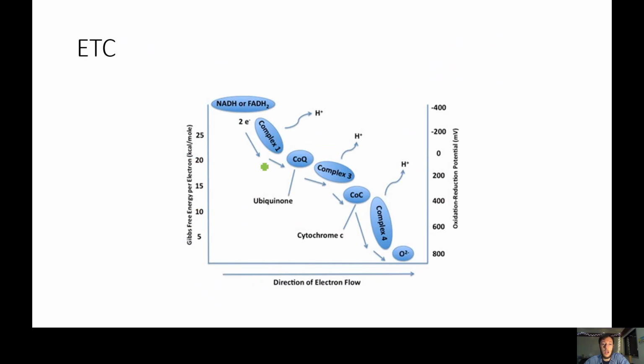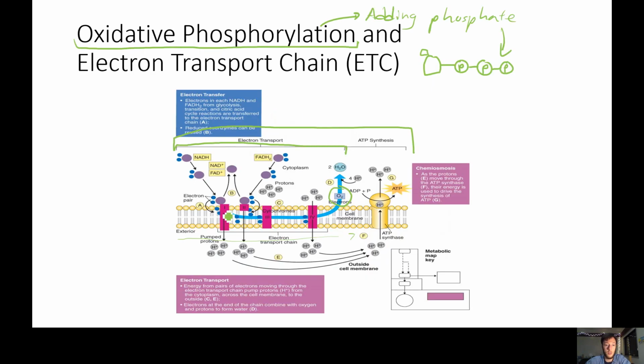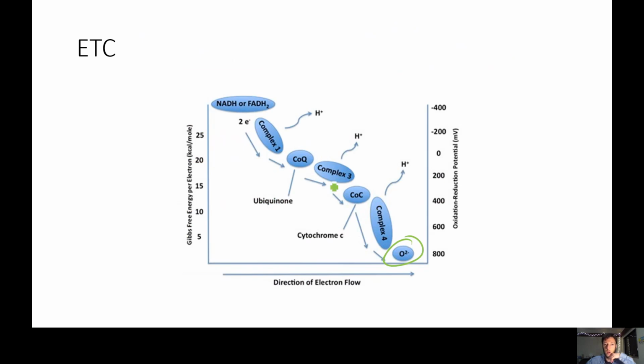Okay. Down here at the very bottom is oxygen. And each of these cytochrome complexes, represented here by these rectangles, you don't need to know the names of these. At least I don't remember ever having to memorize them in Dr. Sung's class. And